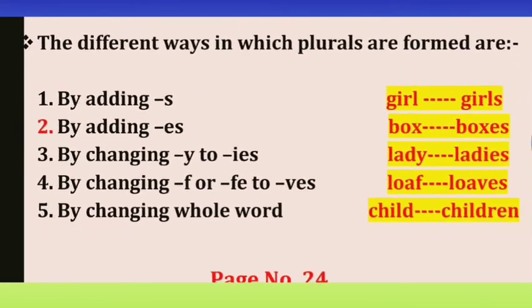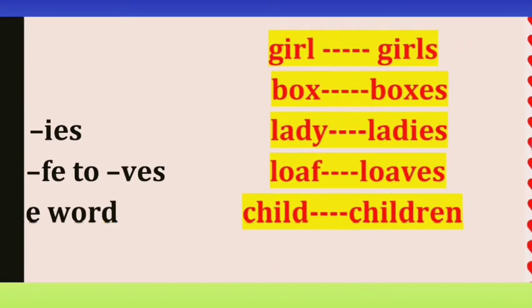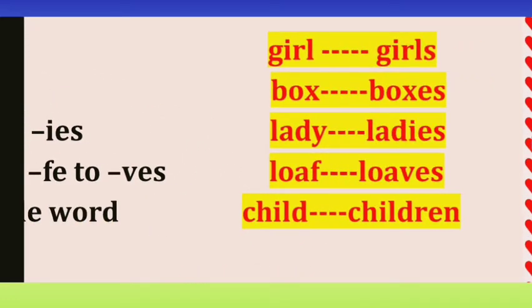Students, how will it be? We have to remove the y from that word and then we have to write ies. At that time it will become the plural of that singular word. For example, lady. What is the spelling of lady, students? L-A-D-Y. Lady. Y is coming at the end. We have to remove this y from here and write ies in place of y. So it will become ladies. Lady is the singular form and ladies is the plural form.